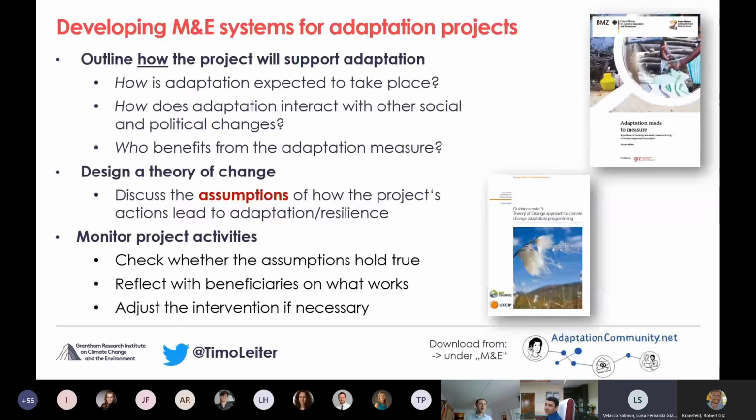So one way to do this is using what is called a theory of change, which helps you to understand how your different activities lead to particular outputs, and eventually altogether, including also external developments, are assumed to lead to particular intended changes. There are numerous guidebooks which have been developed to support this. We do not have time to go into any of them in detail, but here are just two of them. So the key point is that you